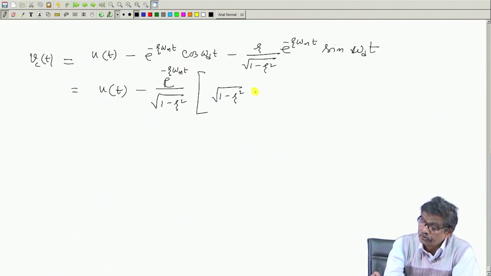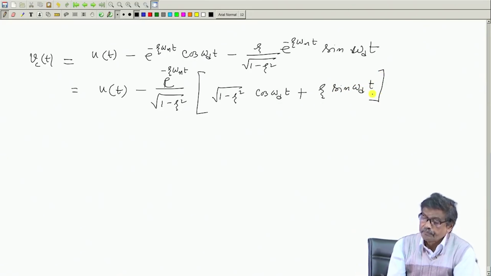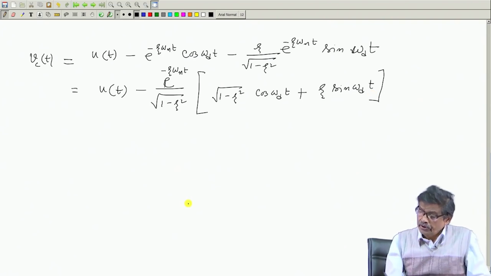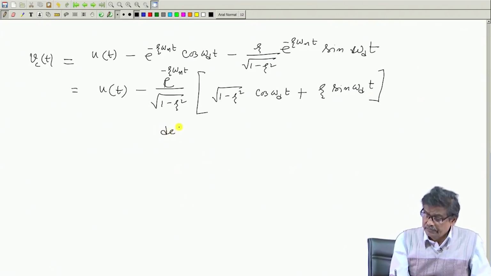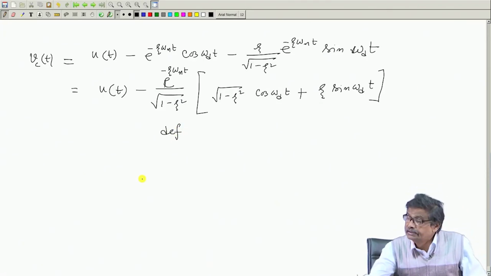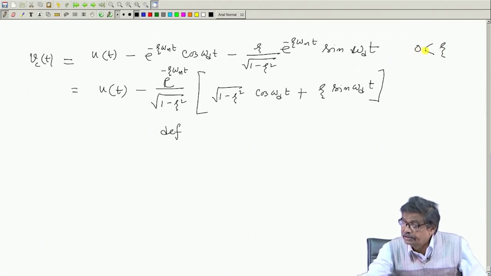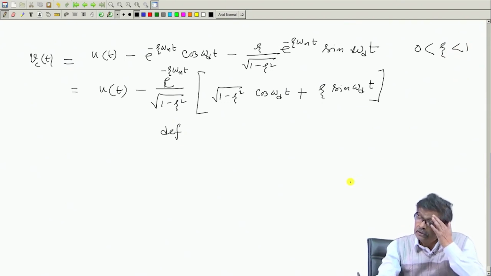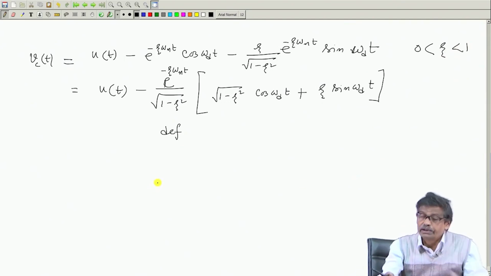So, this will be cosine omega d t plus zeta sin omega d t, this will be the thing, is not? Mind you, root over 1 minus zeta square is a number less than 1 in this case. What is the range of zeta? Greater than 0 and less than 1, a positive number. So, root over 1 minus zeta square will be a fraction,